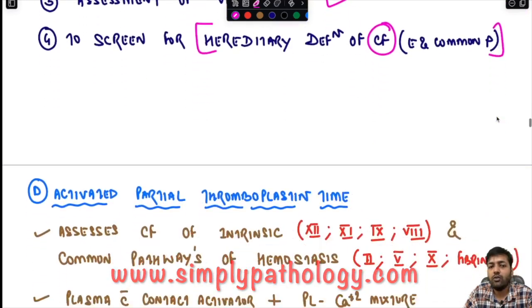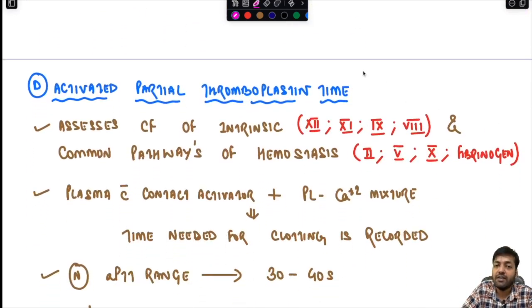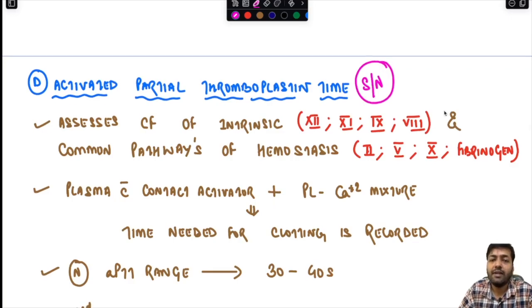Next, we are going to discuss the APTT, which is also asked as a short note in the exam. Now, what does the APTT do? The APTT